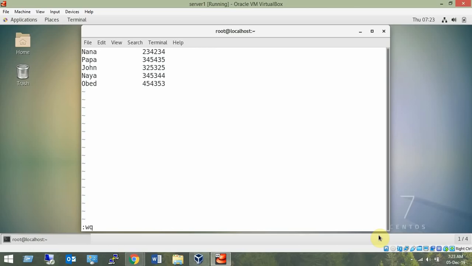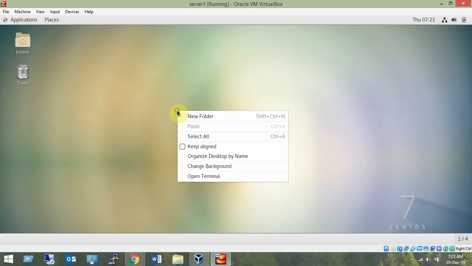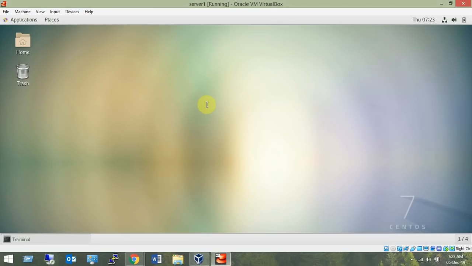This is the vi editor, which I'm using to create and modify the file. Now the observation starts from here. If I save and quit with wq and press enter, you will see what will happen: the terminal is closed. That is the point to be observed. Let's open the terminal once again and verify the same thing.